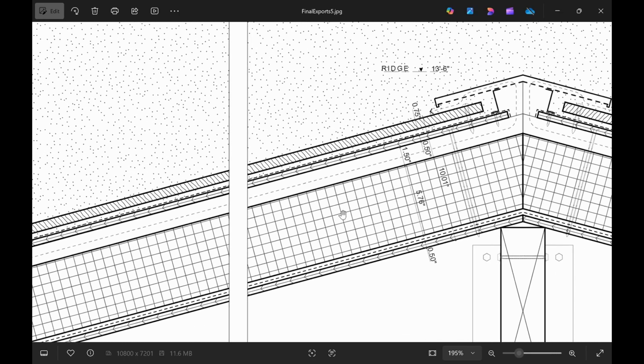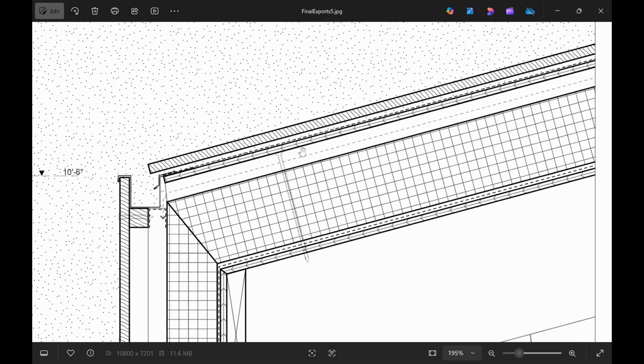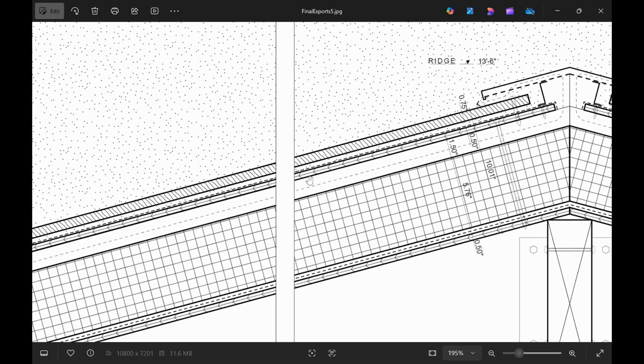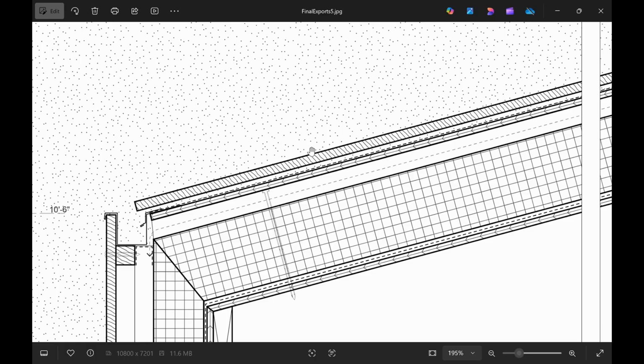And so this dashed line that you see here is actually an airspace that's provided by the battens, right? So you would need to circulate air through here, because if you don't, it's going to get very warm and it's going to possibly melt the snow. And then if that melts the snow, you're going to get ice that builds up in the gutter, ice that builds up onto the actual roof itself. It can cause water leakage, it can cause water dams,